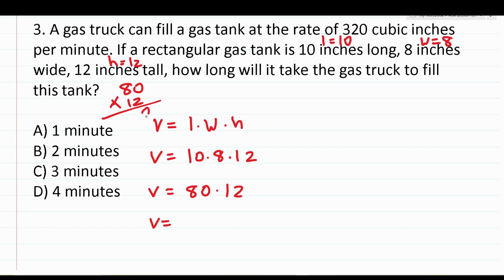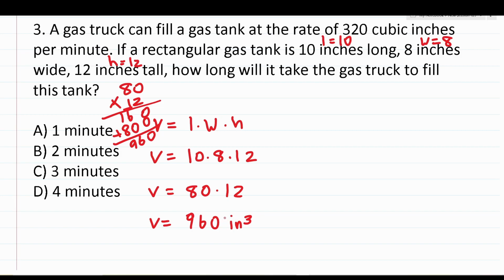0 times 2 is 0. 8 times 2 is 16. Before we start multiplication with that 1, we have to bring in a 0 placeholder. 1 times 0 is 0. 1 times 8 is 8. Add these together. 0 plus 0 is 0. 6 plus 0 is 6. 1 plus 8 is 9. So the volume of our gas tank is 960 cubic